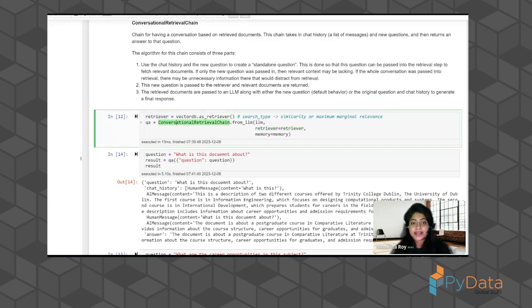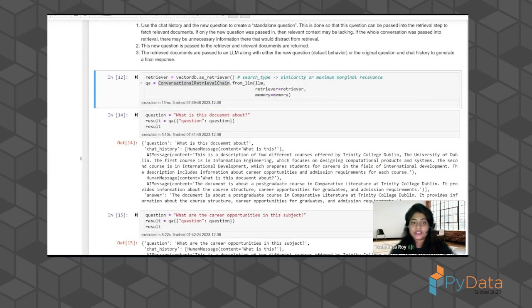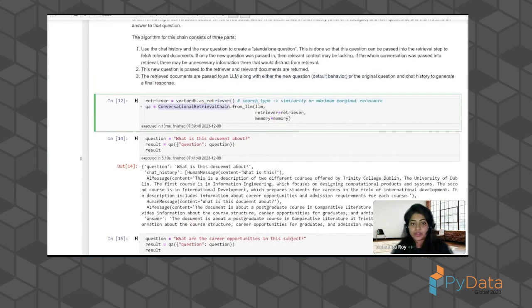And then you get the conversation retrieval chain, which allows you to interact with the vector database while you're conversing.